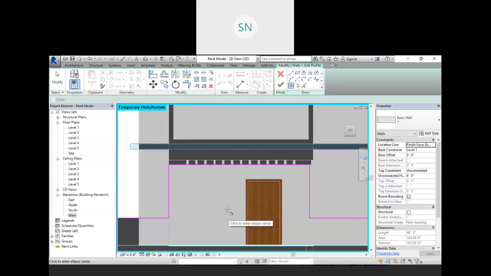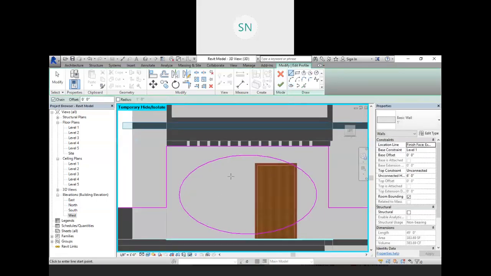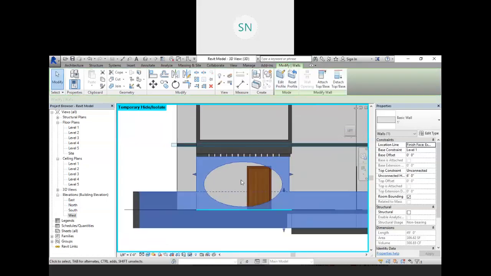So that's your creativity, right? It's up to you how to create it. So here I'm creating one ellipse from here, this much, and the height should be this much, where actually I want one circular post over here, so we will add that at the end. So finish it, and we have this type of output,